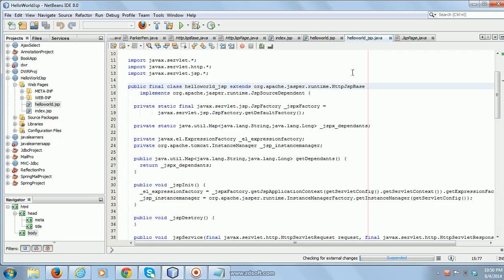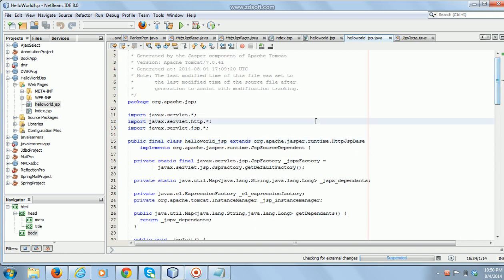That's why I have chosen NetBeans to explain this video. Basically, this is a servlet, right? But how can you say that this is a servlet? Because if you want a class to be treated as a servlet, it should extend HttpServlet. But in this example, it extends HttpJspBase. Still I will call it a servlet, because HttpJspBase is a class which extends HttpServlet and